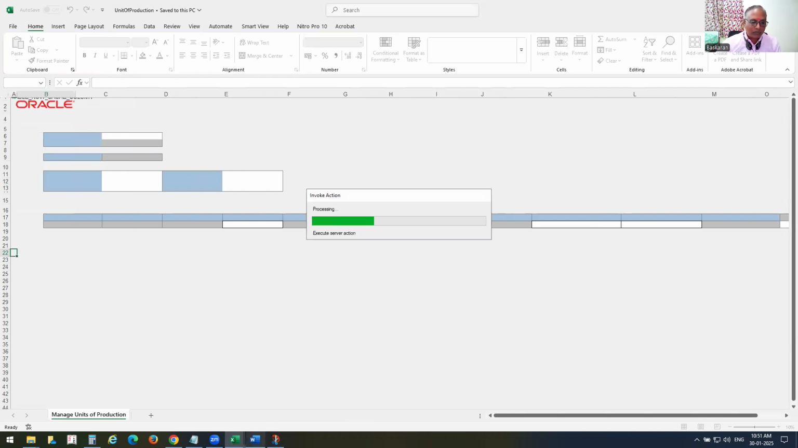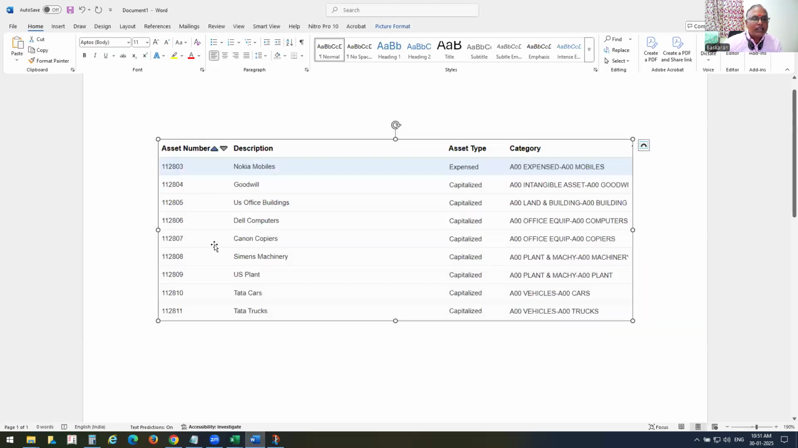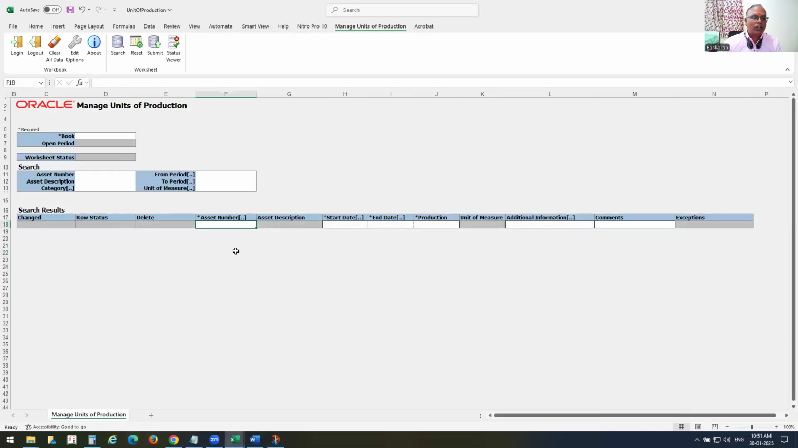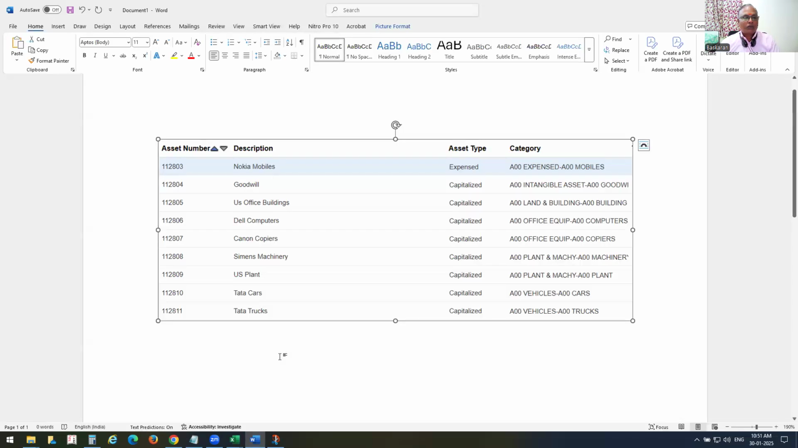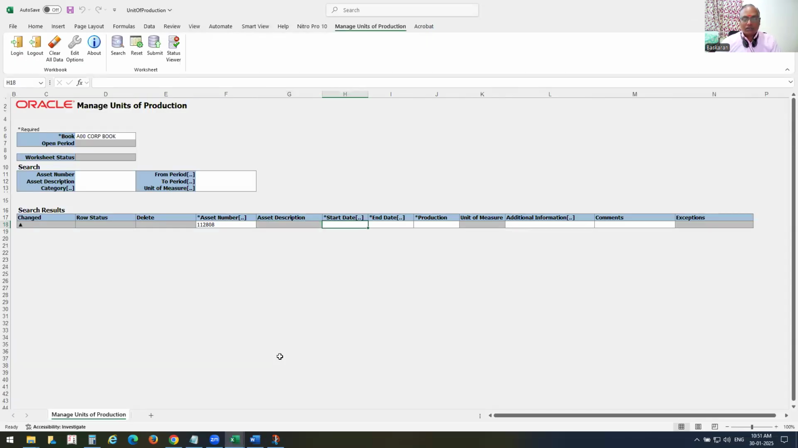My asset number for machinery is 112808. Book has to be selected first, even though it is in the search. You can search some assets here, otherwise you can straight away type it here. So 112808. So start date